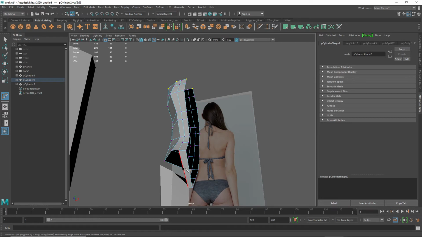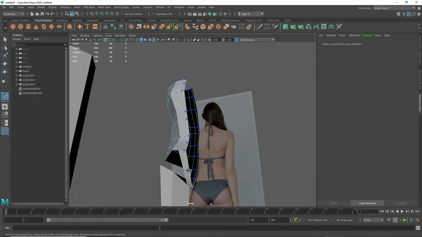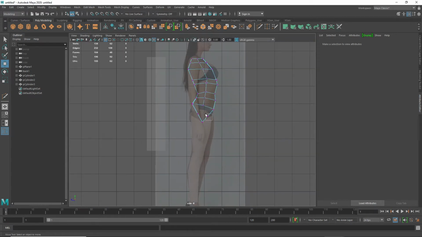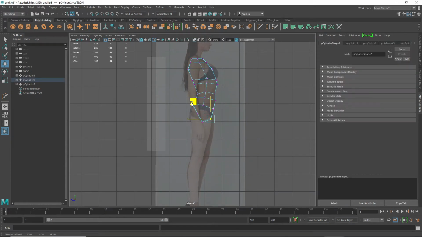Go back here and adding in an edge loop there, and then what I'm going to do is, so you can see here, here's my vertices. I'm just going to bring that like so, and I'm going to bring that down like so. So that is my